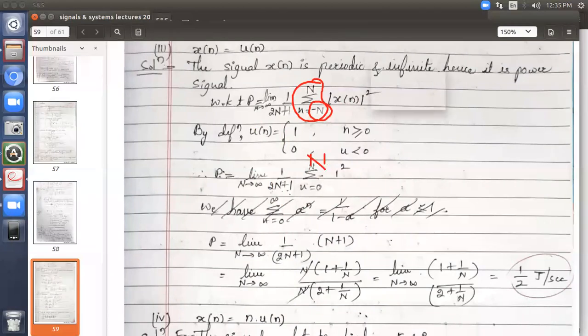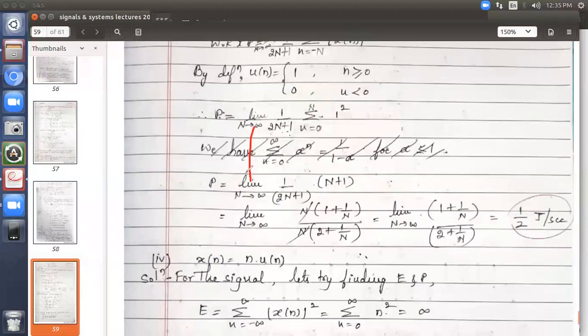Now observe it here, I have kept the limit the same, this also the same, and this value I have substituted as n plus 1. How did we get this? See, if I have 3 values, say 1, 1, 1, I will keep n equal to 0, 1, 2. Between 0 to 2, how many samples did we get?